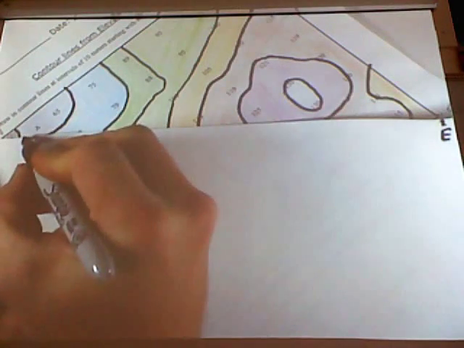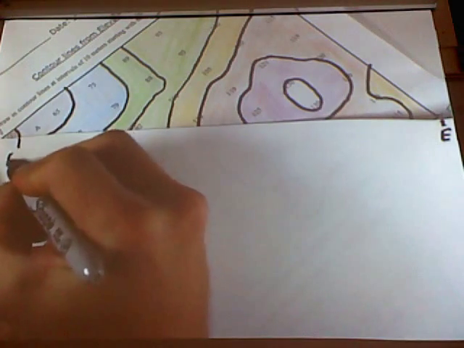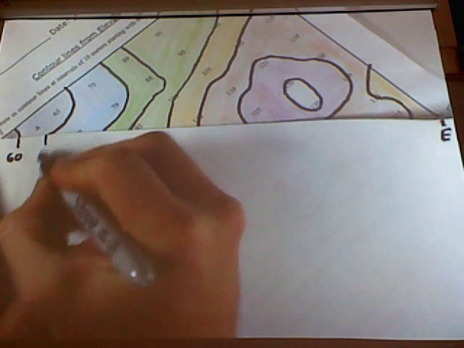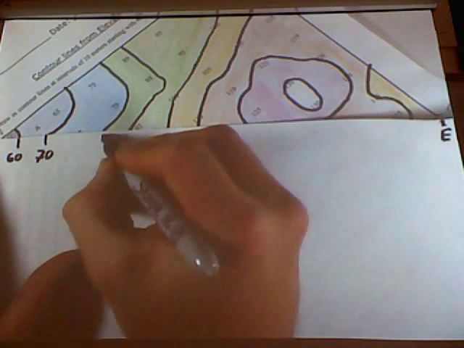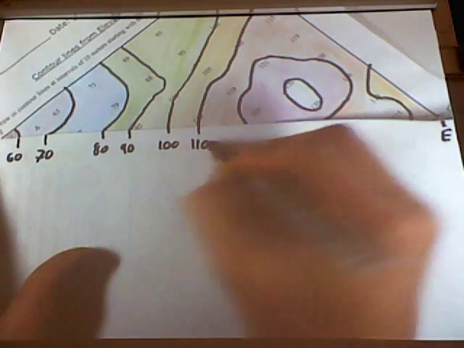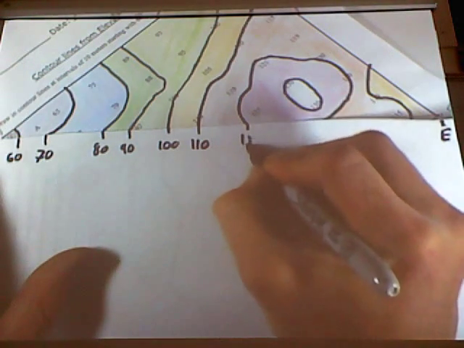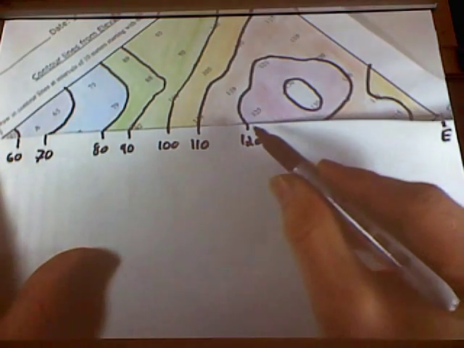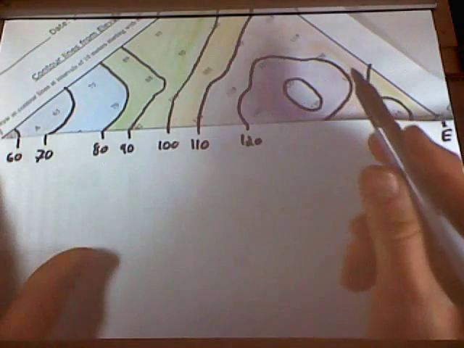So this contour right here, I know that this one is 60. This one, 70. 80, 90, 100, 110, 120. Now if you take a look, this 120 contour, it goes up, it goes all the way back around,